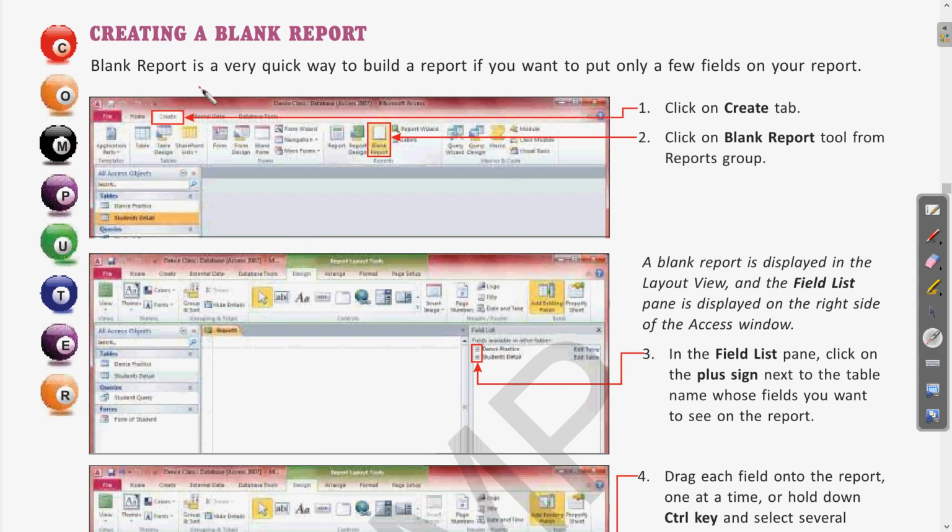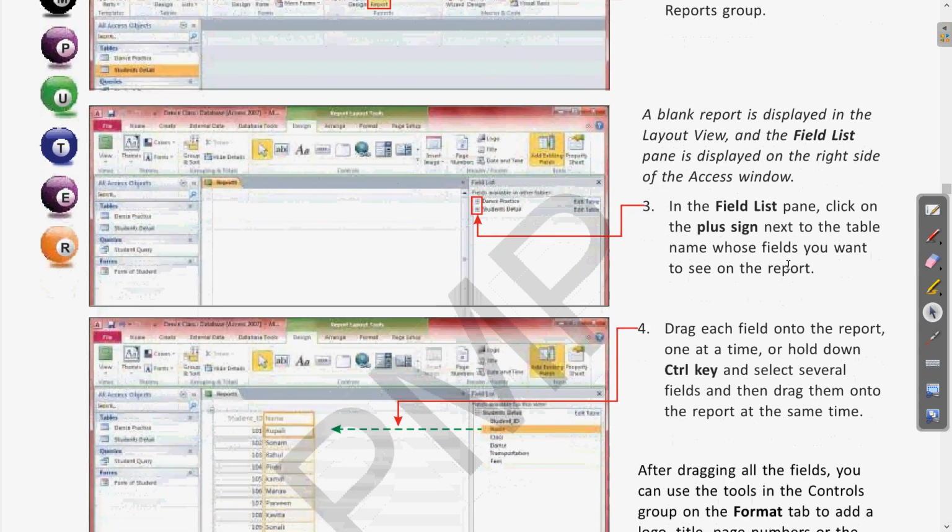So how to create the blank report? Again we have to do the same thing. Select the create tab, and in the create tab now we will get the blank report tool. Earlier we clicked on the report, now we will choose the blank report tool which is present in the create tab. When you click this, a new window will open. Clear? And at the right panel we have the field list.